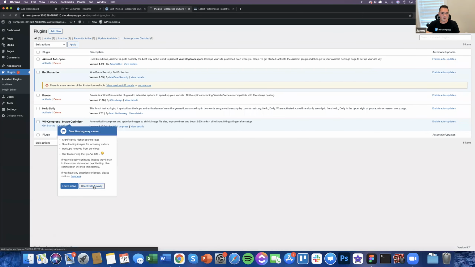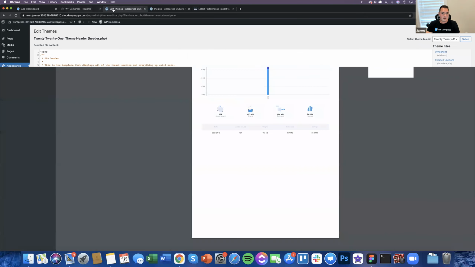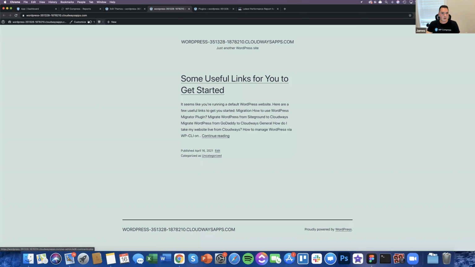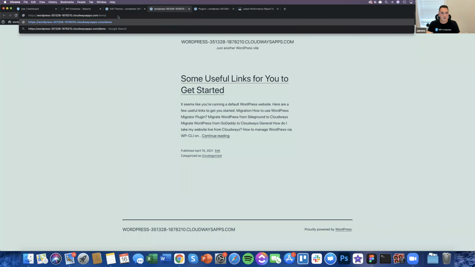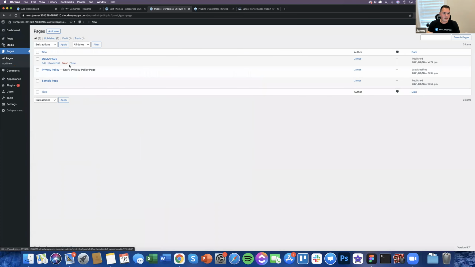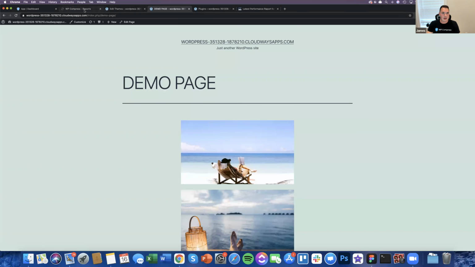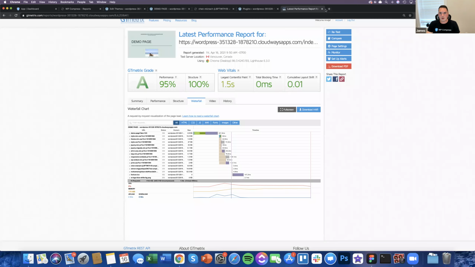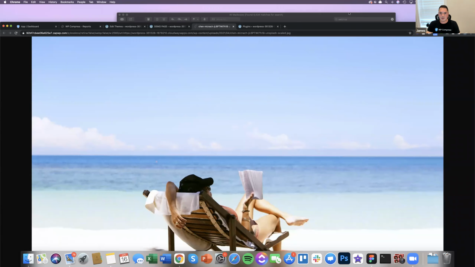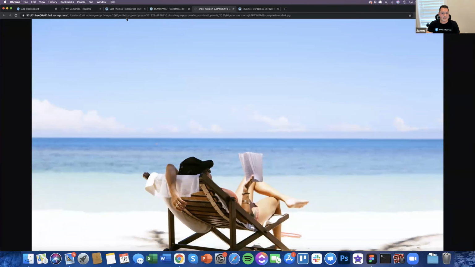So if I actually deactivate this for now, because you don't want to run both of them at the same time, save this, and then I go here to the demo page. One moment. Then it should be loading it in live mode as well for you. Right here. So as you can see, that image is now loading from the specific URL as needed,